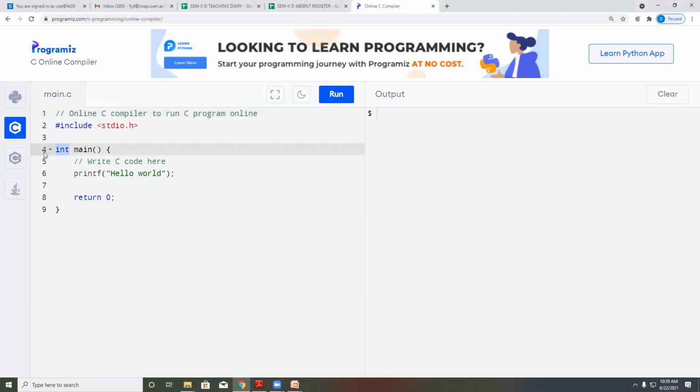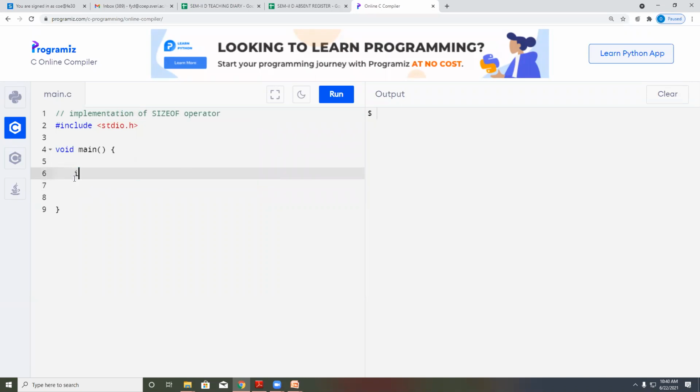Okay, now it's working. Void main. Implementation of sizeof operator.